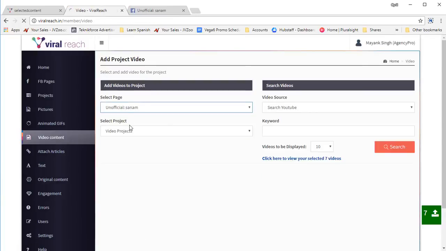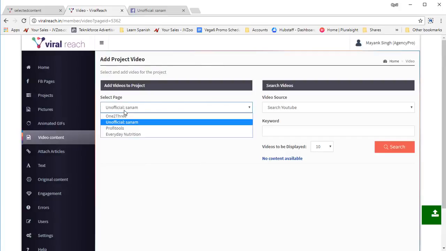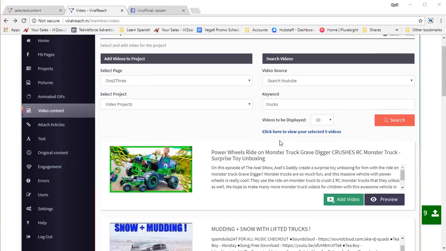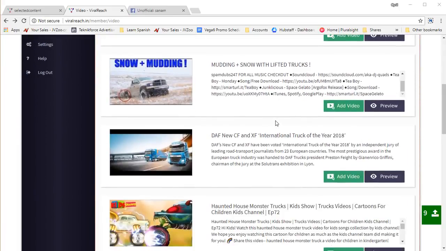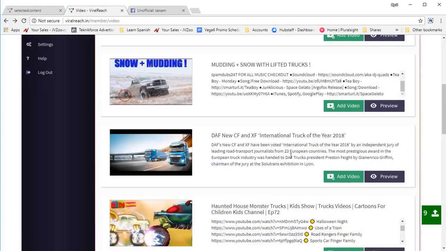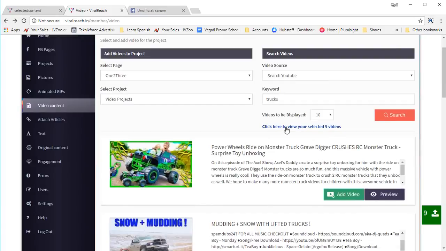Similarly, in video content, again it's the same thing. Select the page, select the project that you want to work with. In this instance we don't have a project, so let's create one again. So I've created a project already. I've searched for a term and we have so many videos. Just as usual, click on add video to add the videos to the queue, and once your selection is complete, once you've got enough videos to fill all the days in your project, click on the project viewing link,